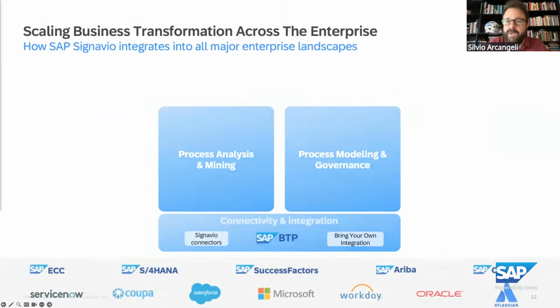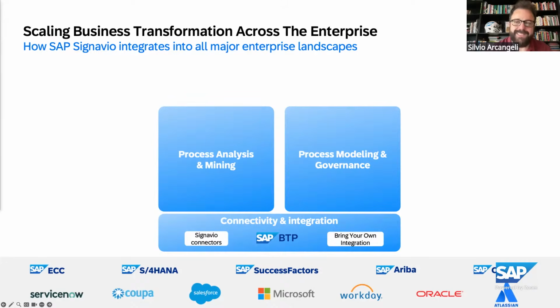Now, talking about the synergies, right? So with the rest of the SAP portfolio, but also the integrations with non-SAP applications, systems, and technologies. At Signavio, we are totally committed to this kind of dual approach, where on one side, for SAP-friendly customers, we want to provide an undisputed best-in-class experience in terms of synergies when it comes to leveraging Signavio, for example, jointly with SAP Integration Suite, or with SAP Business Data Cloud, or with SAP Build, and so on.